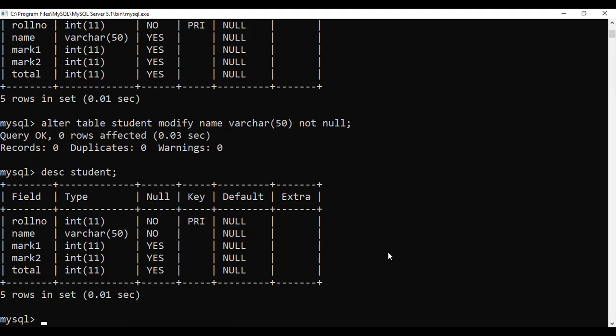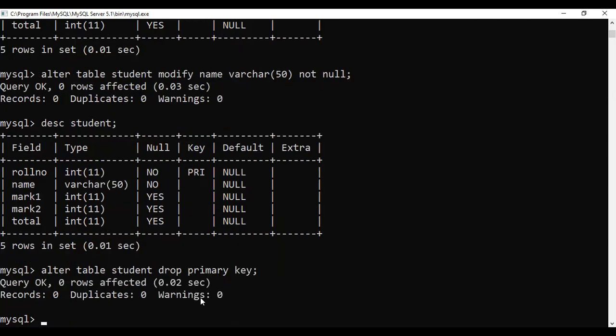Another one is that you can give a default. How to give that one? Alter table. Right now this roll number is the primary key, no? So I can remove this primary key. How to do it? Alter table student drop primary key. The primary key constraint will be deleted, the column will not get deleted.